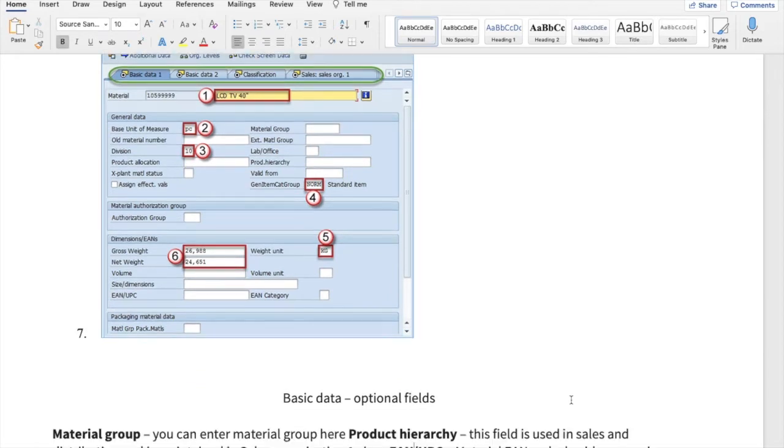Now what is material group? I use the word material group very carefully. Material group is used to decide in which variety of the business this material is used. You can see I'm just putting the cursor here.